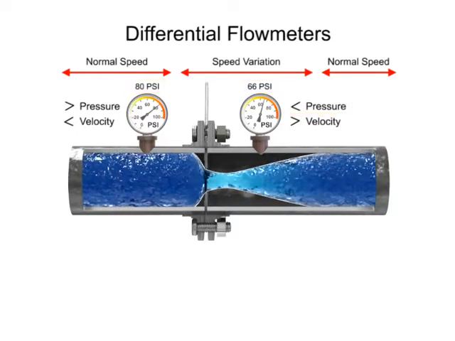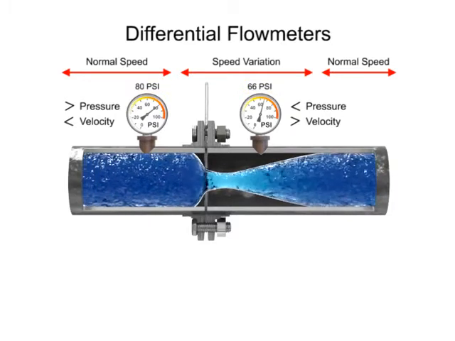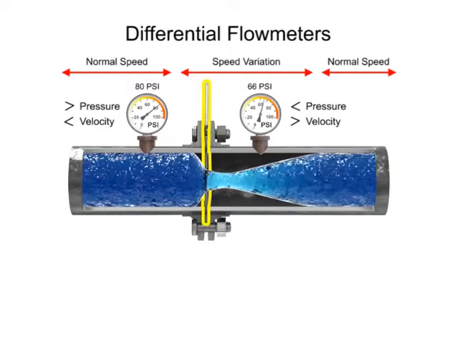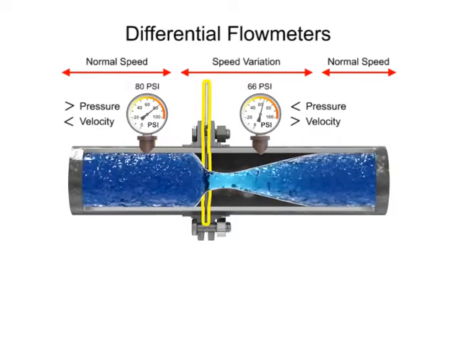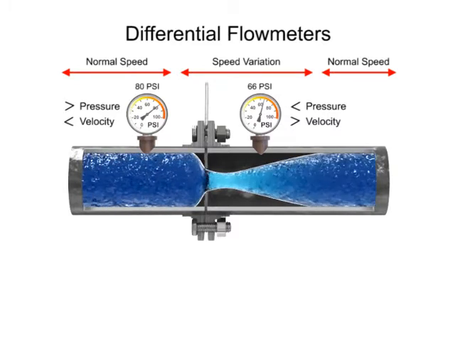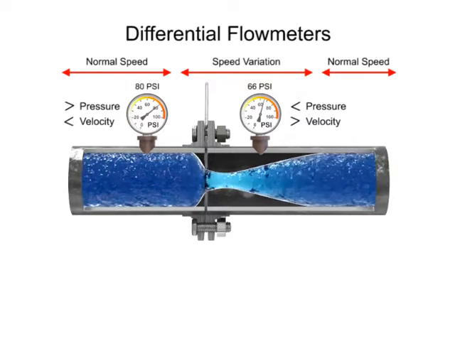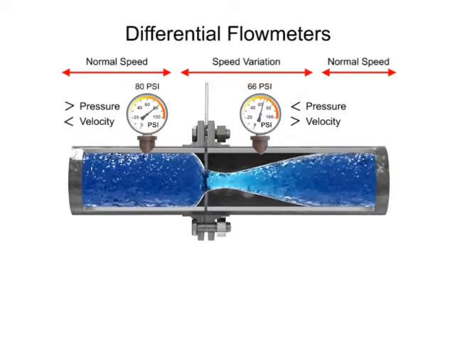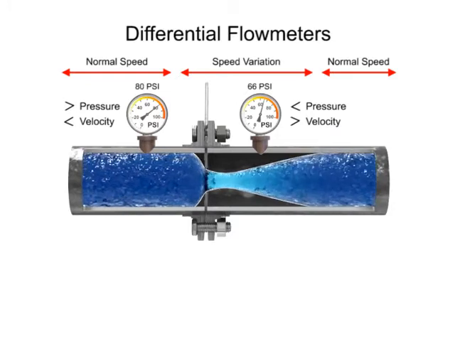As the fluid flow rate increases through the pipe, back pressure on the incoming side increases due to the restriction of flow created by the orifice plate. The pressure of the fluid at the downstream side of the orifice plate is less than the incoming side due to the accelerated flow. With a known differential pressure and velocity of the fluid, the volumetric flow rate can be